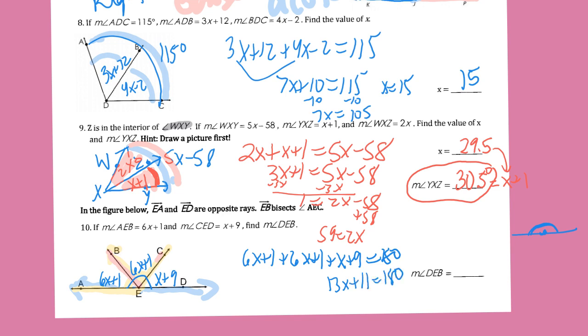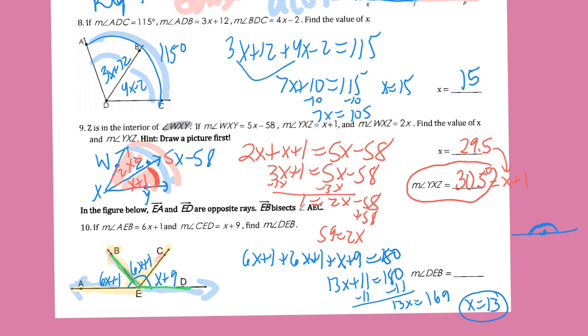Okay, so you minus 11 from both sides. And you're going to get 13x is equal to 169, divided by 13. You're going to get x equals 13. Now, that's not our final answer, but that's a good start. And then they want us to find the measure of DEB. So that's this part right here. Well, to find DEB,